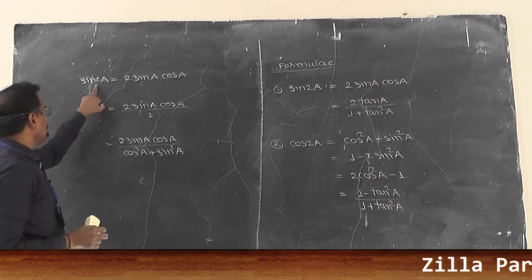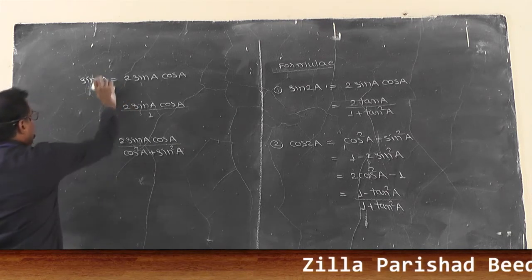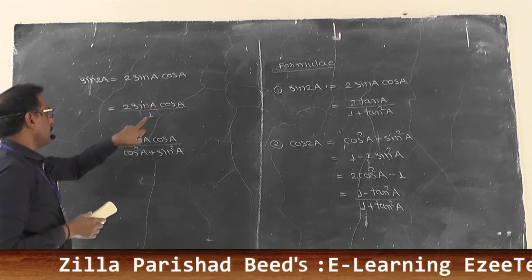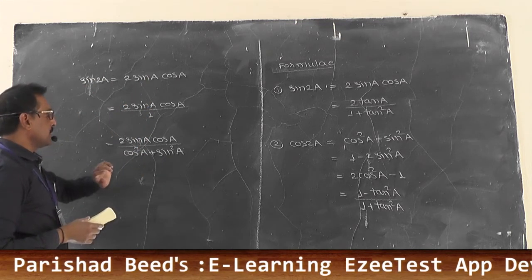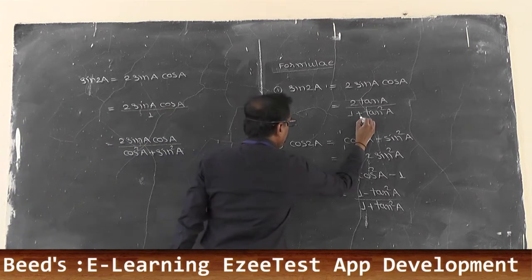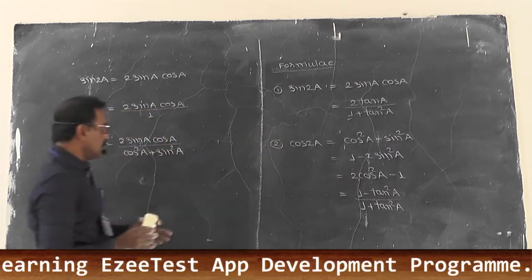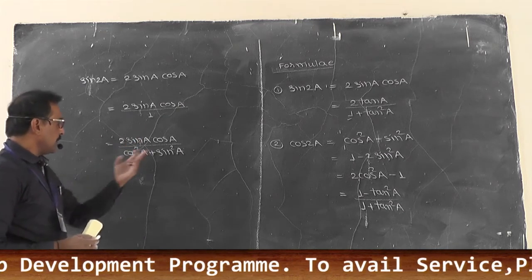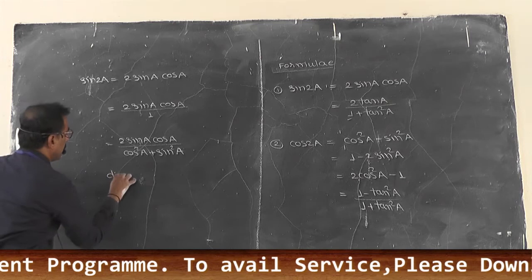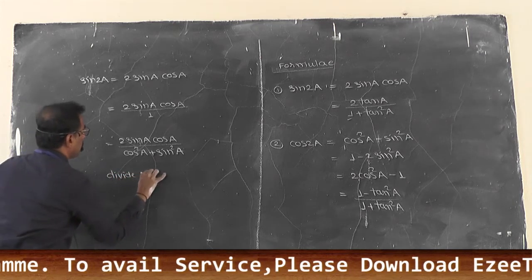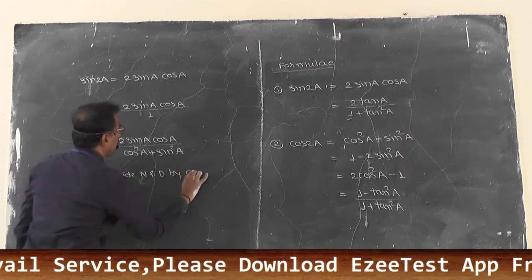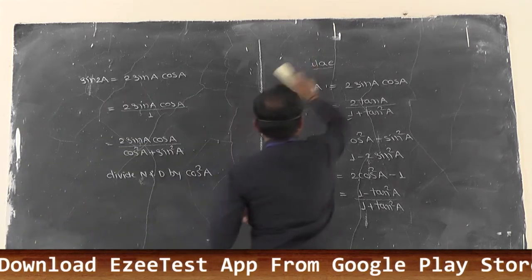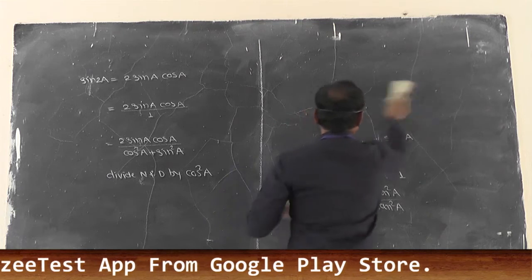Now I think it is correct. Sin 2a can be written as 2 sin a into cos a. The denominator is 1, and 1 is replaced by cos square a plus sin square a. Now before the plus, here it is 1. So it is your prime duty to convert this cos square a to 1, meaning divide numerator and denominator by cos square a. Divide numerator and denominator by cos square a. So your next situation is there.